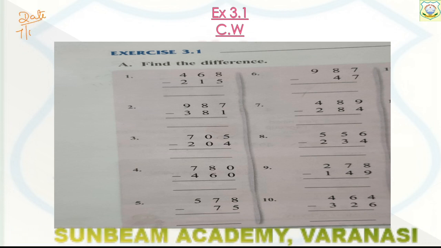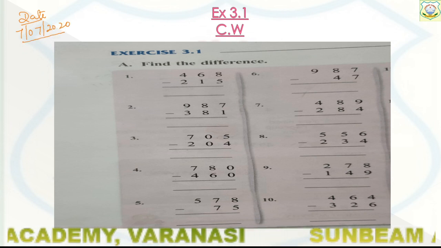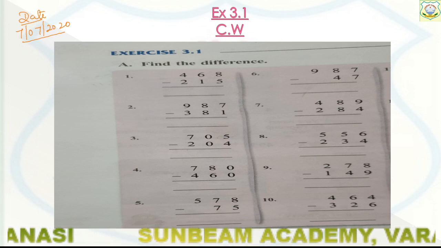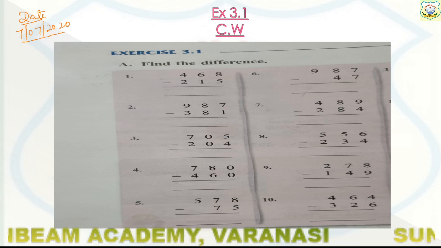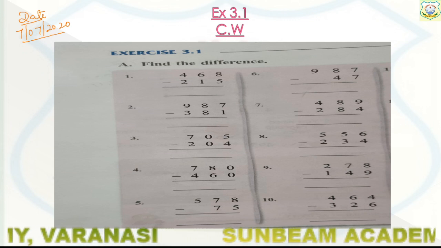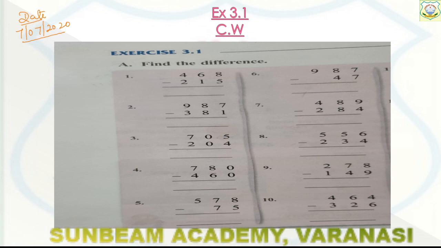This is 7. Write down date and classwork. Write down date. And then I will show you how to subtract. Okay? Has everybody taken out page number 48?